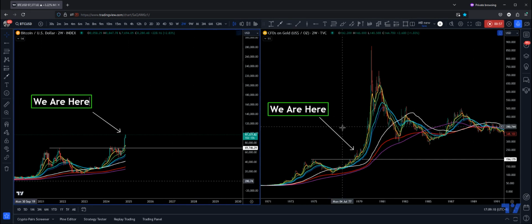What I want to put out here is the next dip. Look at this dip. The next dip, guys, is probably your last chance. Look at this. When this starts running after the breakout, after the consolidation, after the, I mean, you could put